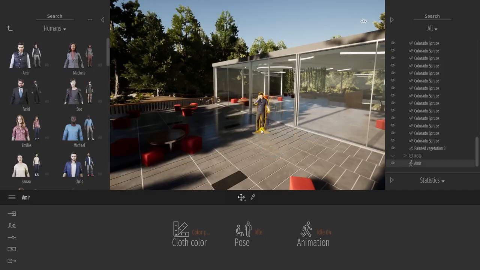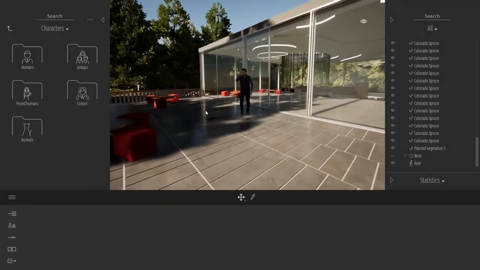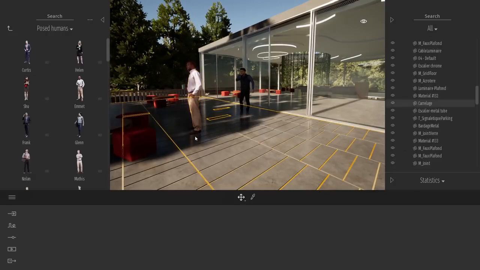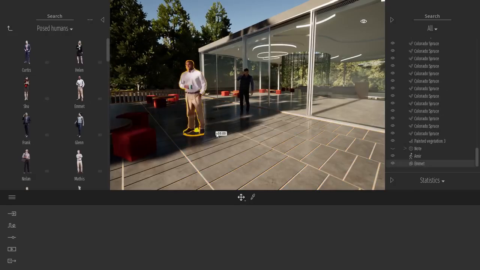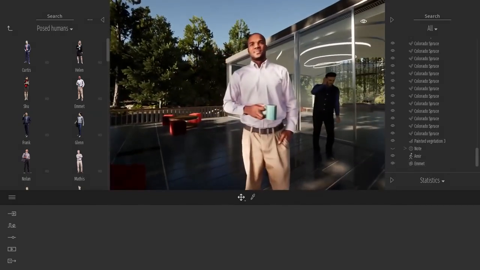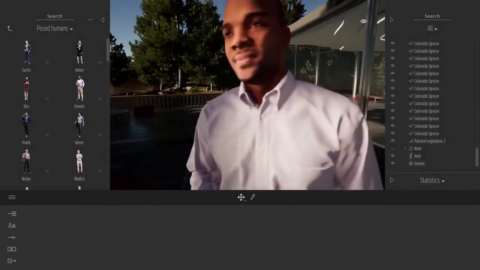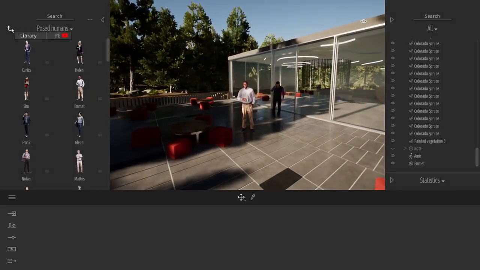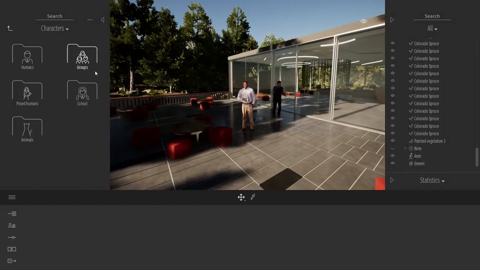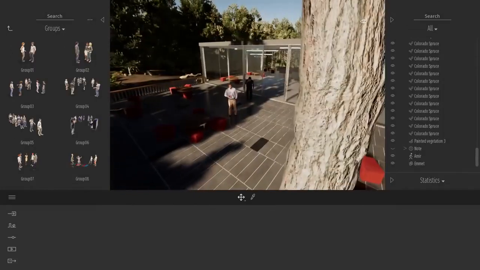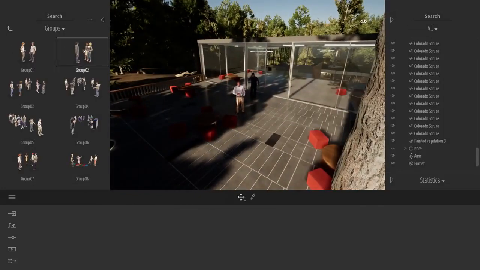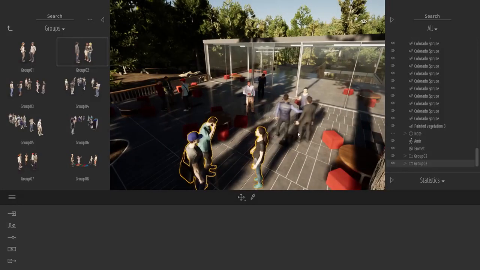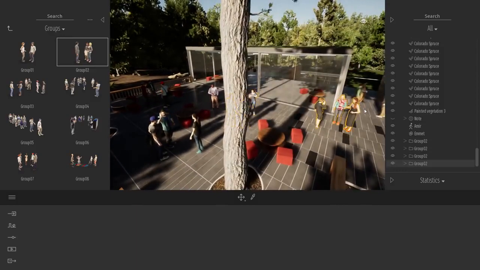So we have all those 3D animated characters that are real photoscan data. Then we have some ready pose characters that are also photoscan data, so they're really, really highly detailed. So you can drag and drop characters one at a time like that, but in Twinmotion, to add characters a bit quicker, we also have some groups. So if I select this group of 3 characters, now each time I click in the viewport, Twinmotion will randomize the 3 characters, so hopefully you won't see any repetition.